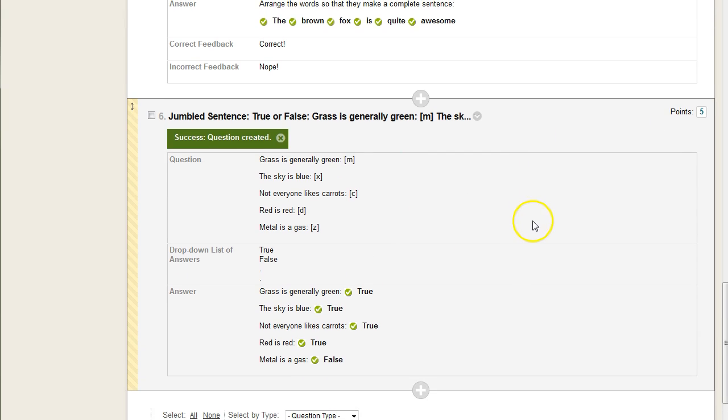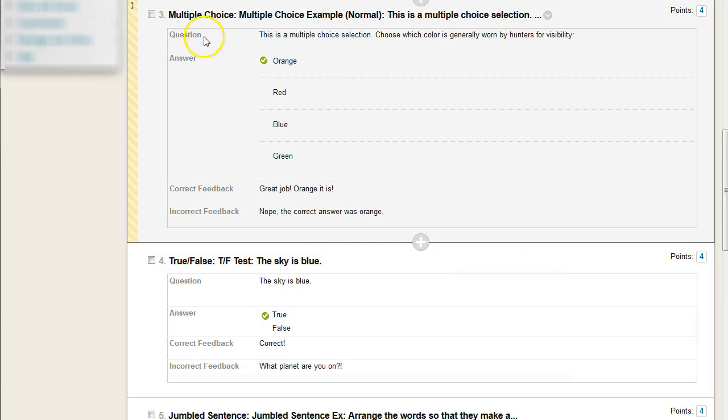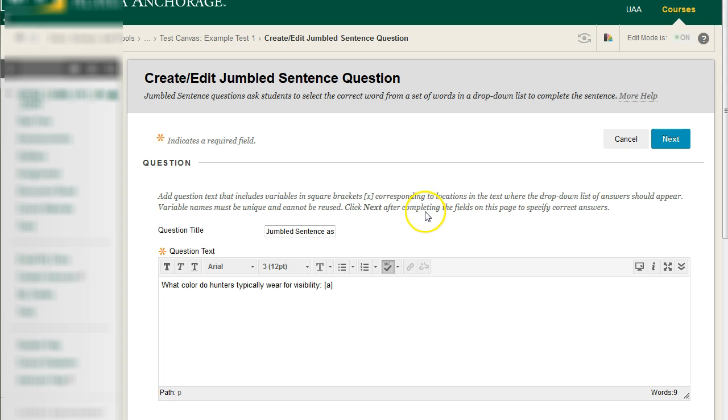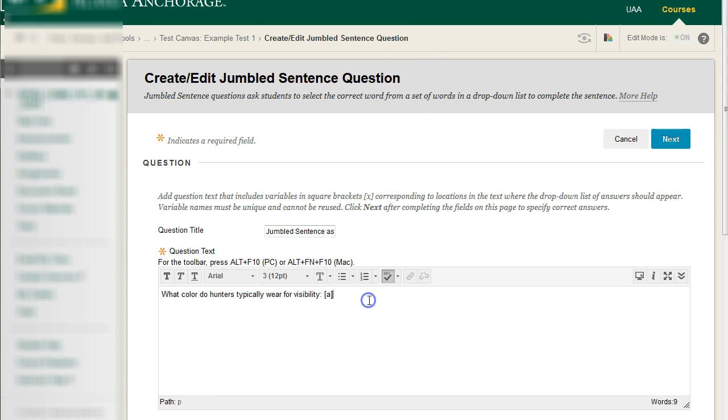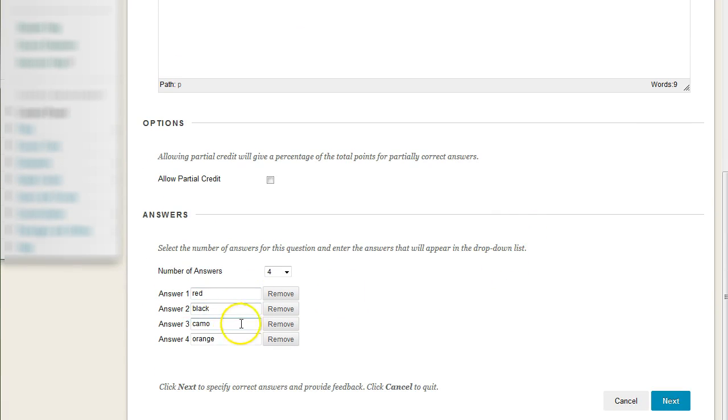Now we can do the same idea using a jumbled sentence to create a drop-down menu for a multiple choice. Number 3 right here. So here's a new jumbled sentence question with the same question as our multiple choice. So what color do hunters typically wear for visibility? And because we only have 1 question, we're going to have 1 area for our drop-down to appear. And our choices are going to be red, black, camo, orange. When I hit next,